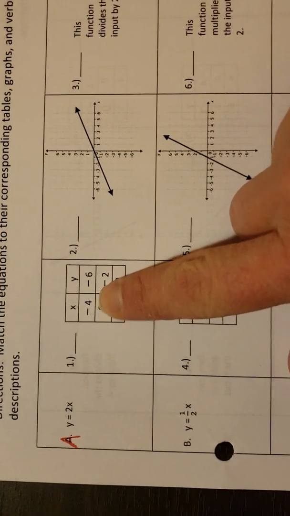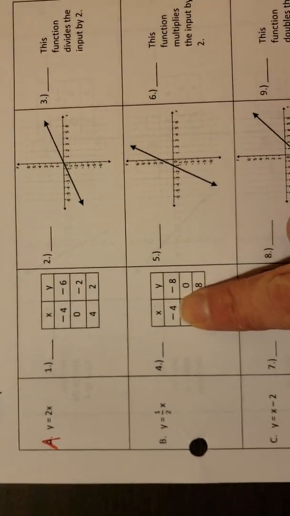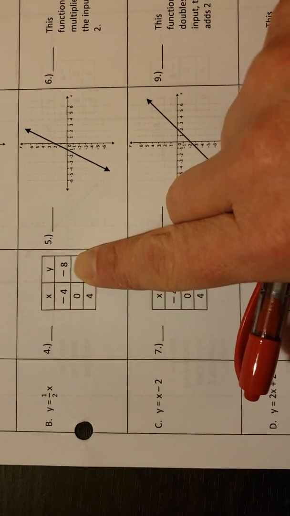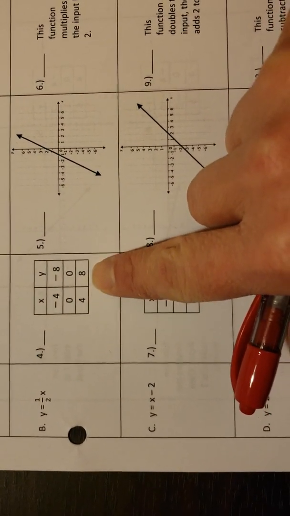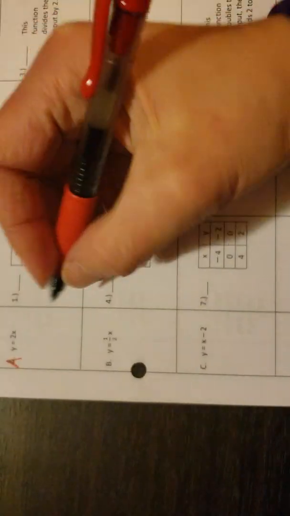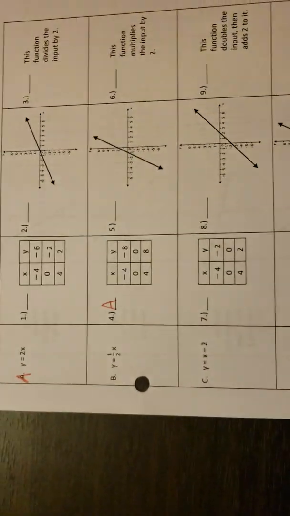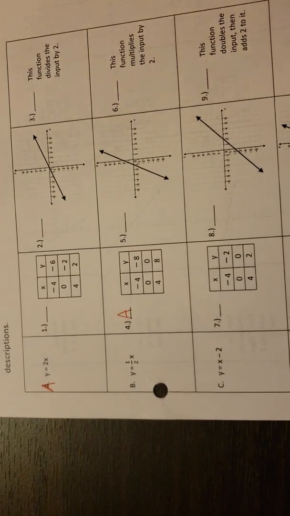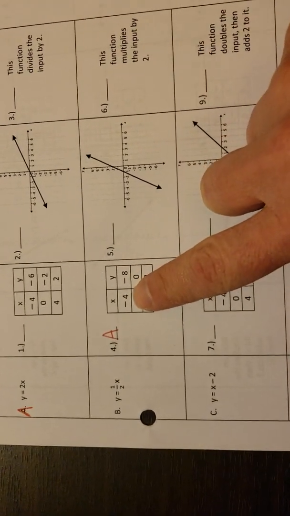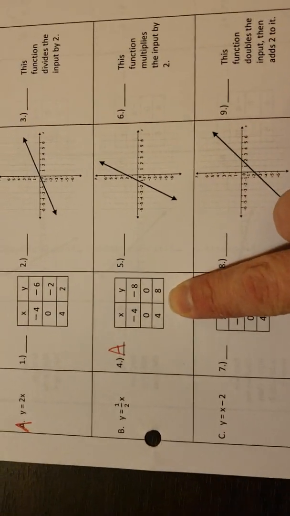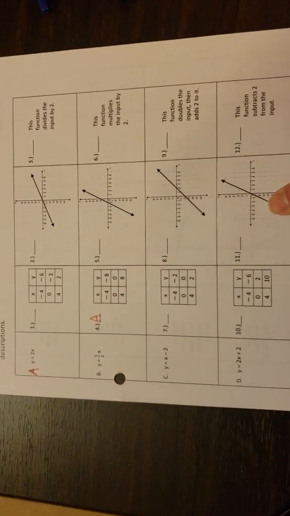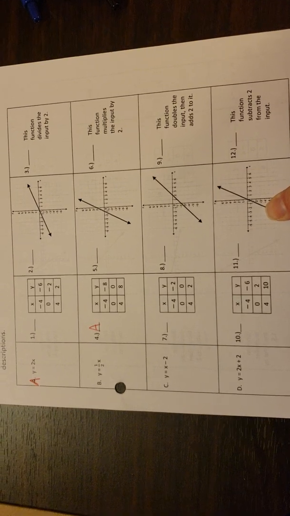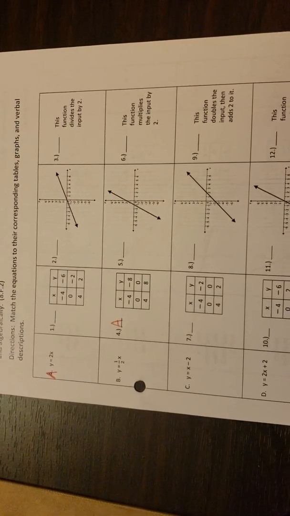So -4 times 2 is not -6, so it's not that one. -4 times 2 is -8. 0 times 2 is 0. 4 times 2 is 8. Yeah, so this is also an A. And then these are your 3 coordinates here, which you will match with a particular graph, which you will label with A. I don't want to give that one away